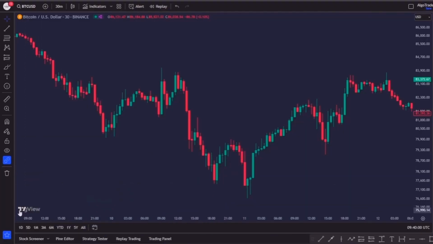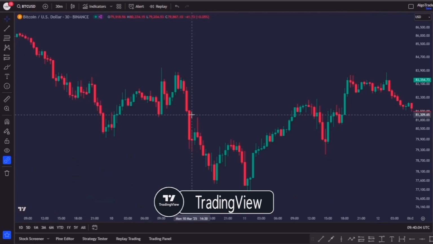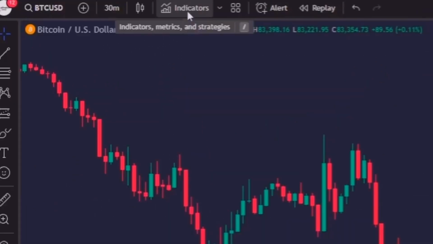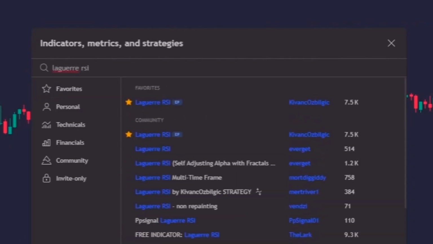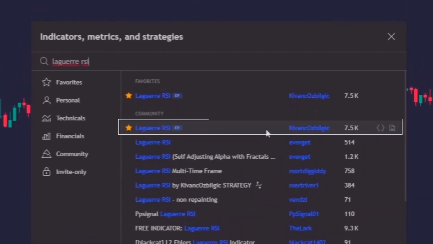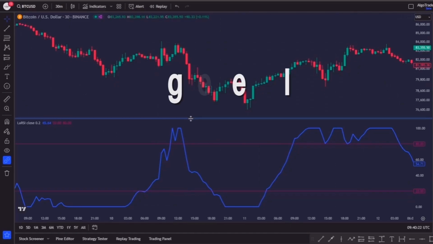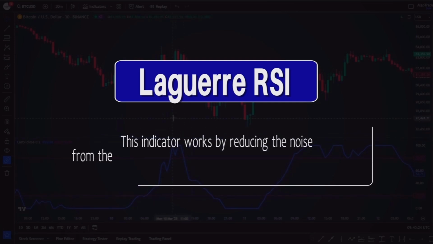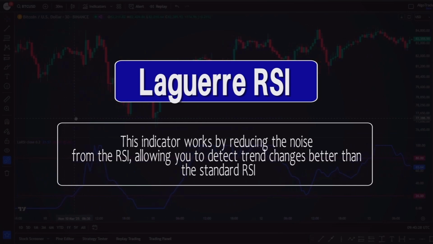Now, let's set up the Laguerre RSI on the chart. I will be using TradingView, but feel free to use any platform you prefer. Let's click on Indicators, then type Laguerre RSI, and you have a lot of options to choose from, but I'm going to click on this one, which is an editor's pick, a TradingView status only given to the best trading tools. By definition, this indicator works by reducing the noise from the RSI, allowing you to detect trend changes better